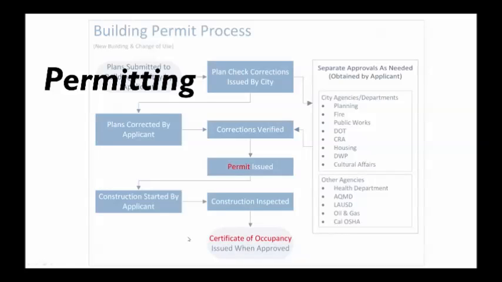Permitting is another part of the process in which the architect assists, but potentially the contractor is the one applying for the permit. The architects assist because they're preparing most of the documentation that's required for permitting, like all the drawings, all of the individual sets, checking for code compliance, zoning compliance, things like that. But usually the